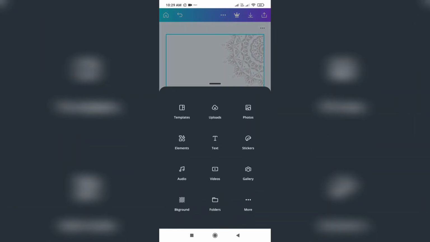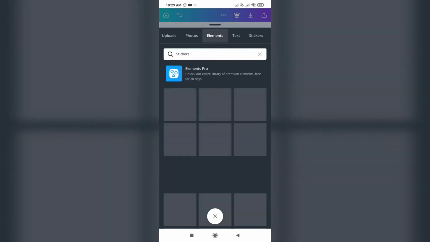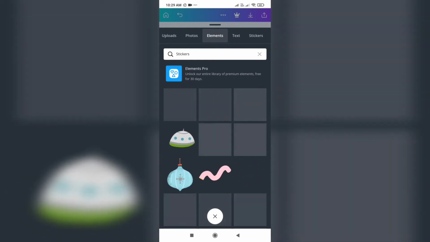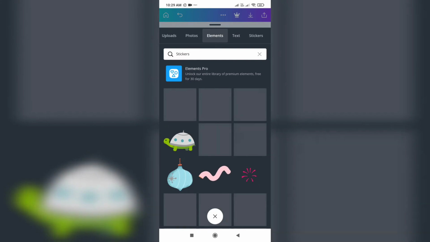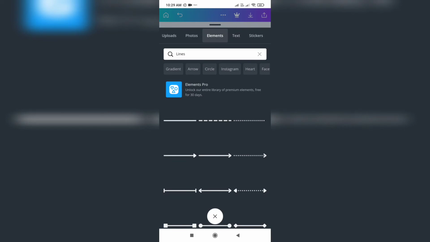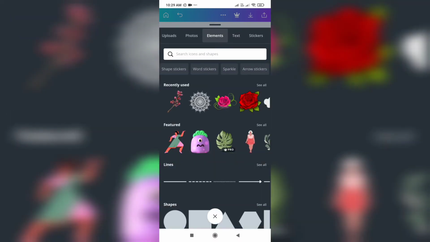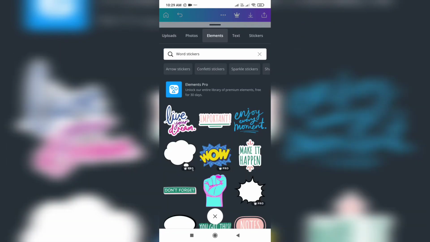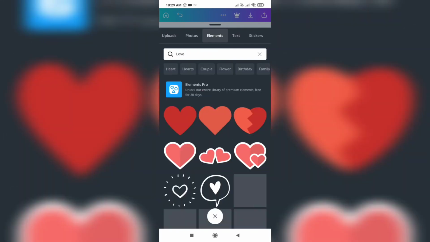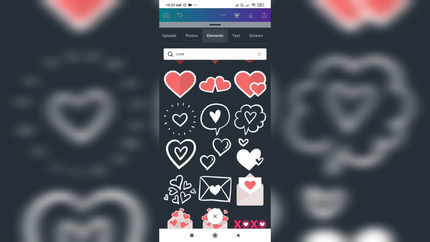Like this you can use different elements, and here are some stickers also you can use. I'm not going to use them, I'm just showing you people how you can write down any name of elements you want. Like these are lines which you can use in your work, in a design. Then you can use word stickers. These are some things which are already present. If you want something else, then you can write it down over there.